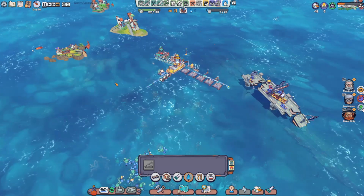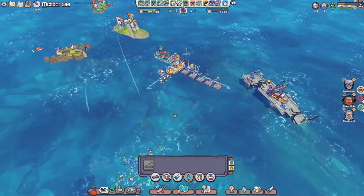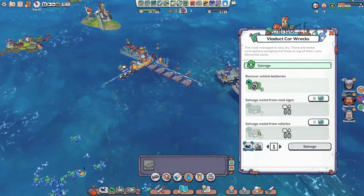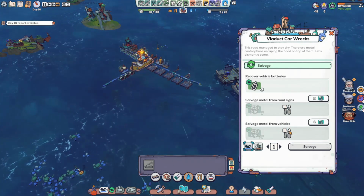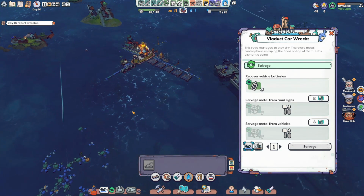So we've moved on to a new spot to do some salvaging. We have a little bit to unpack here. First, this is a good place for us to salvage metal from vehicles and road signs. But we need tools in order to do it. So the other thing is that